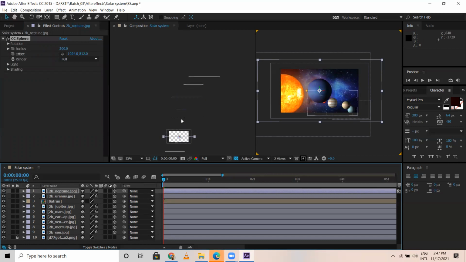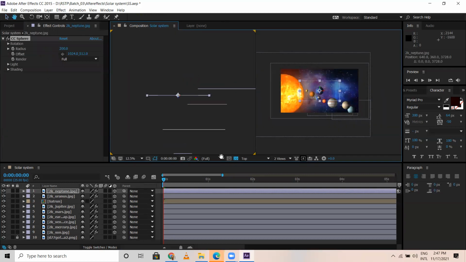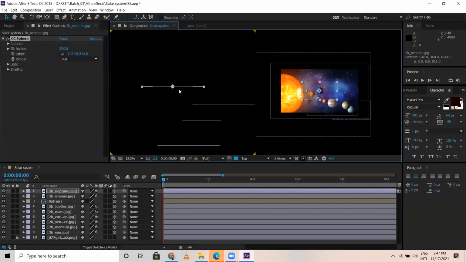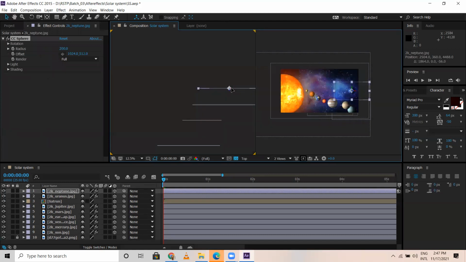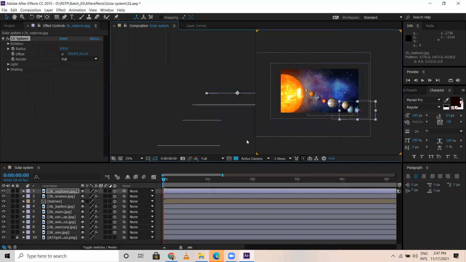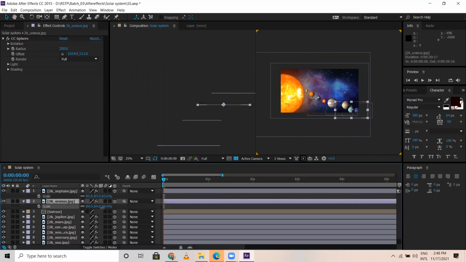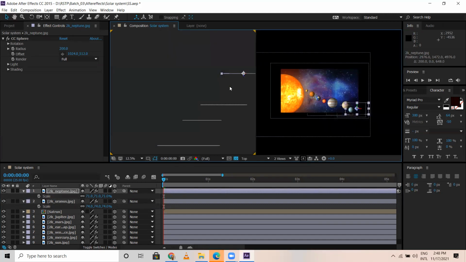Convert this into 3D. This is how you can do the placement here as well. And Neptune seems to be a bit smaller. And Uranus also seems a bit smaller. Neptune even smaller, and it is a little bit far.